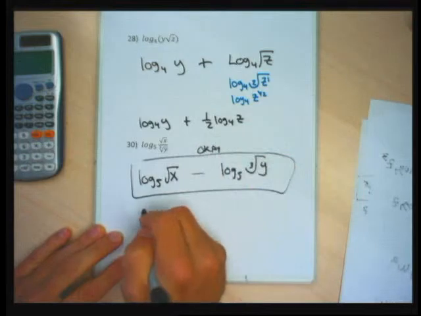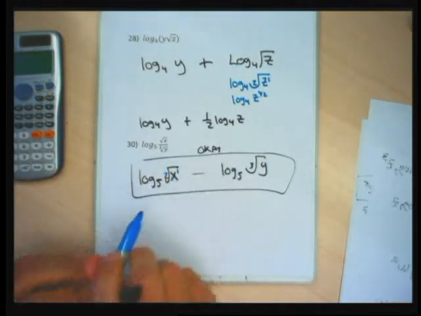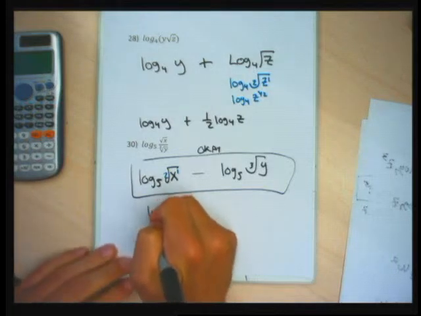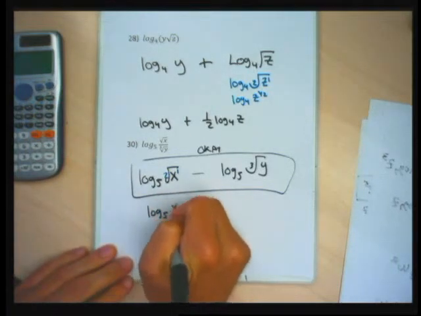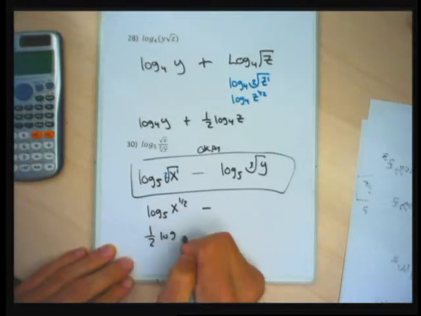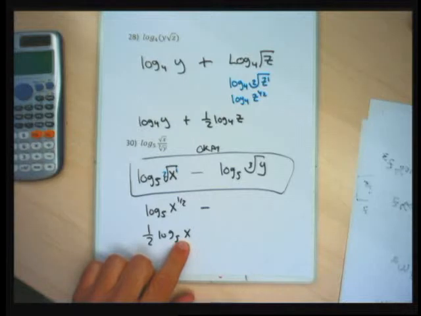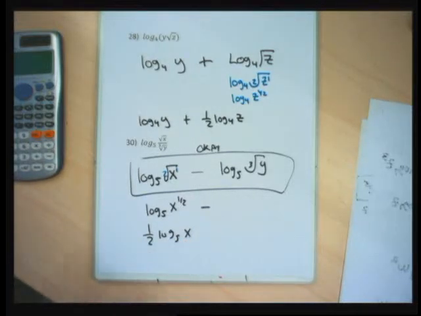If you want to do better, you think of the square root as a 1/2 power, and you make that 1/2 times the log base 5 of x. Notice I'm not using parentheses all the time. A lot of times we just don't write them, even though it might be better to write them. And then the